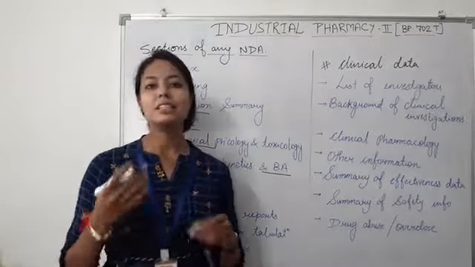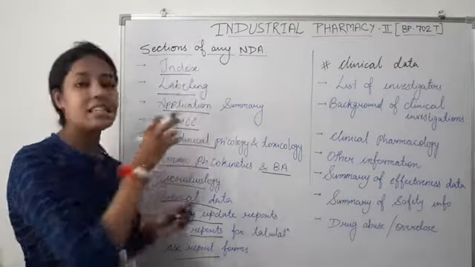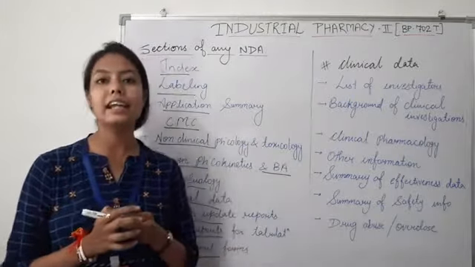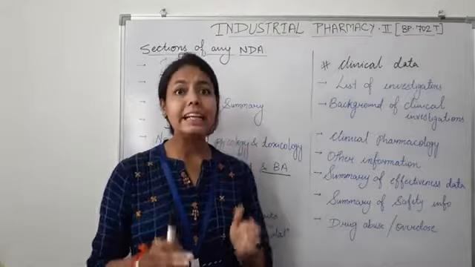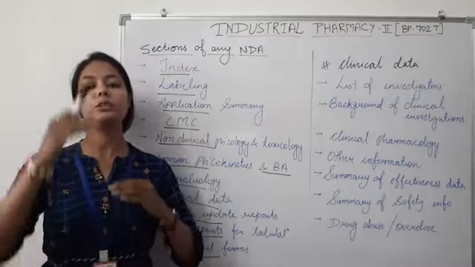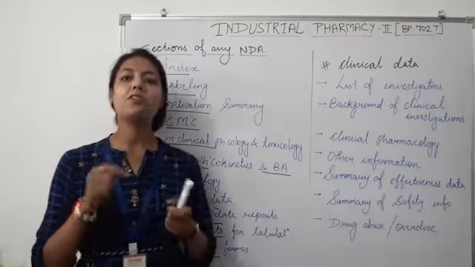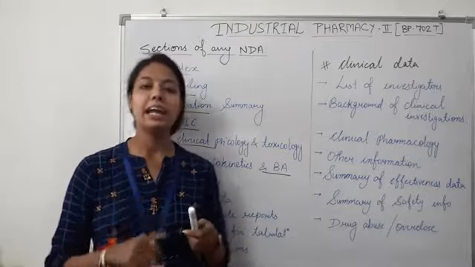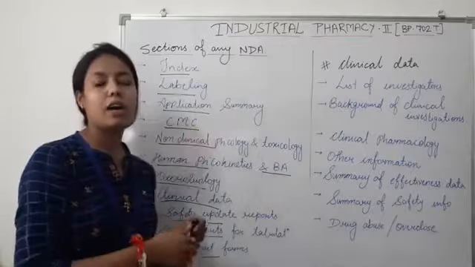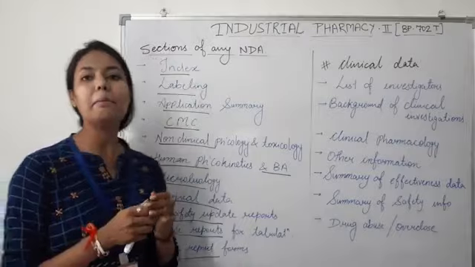So let's discuss one by one all these sections in detail, what each section comprises. Let's talk about the first section, that is index. The index is a comprehensive table of contents in order to review the specific information with ease. It must show the location of each section by the volume and by the page number too. So the index should be comprehensively combined.